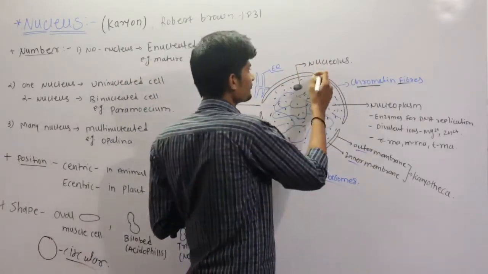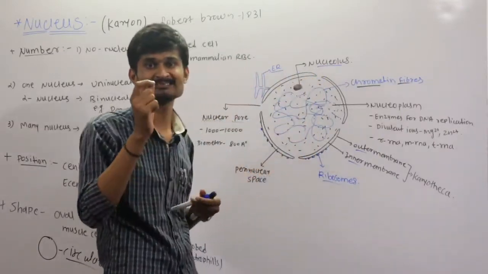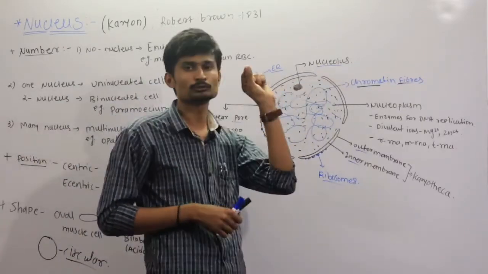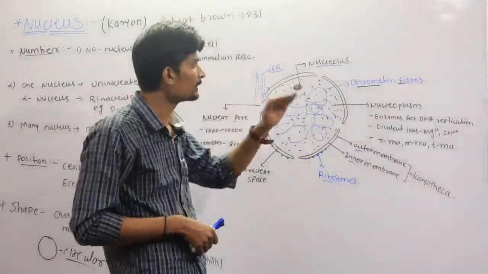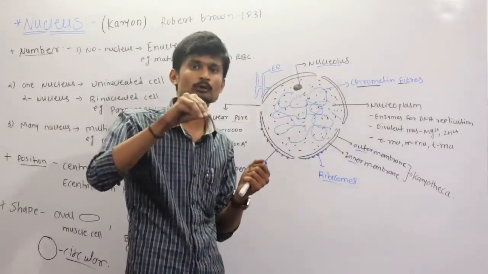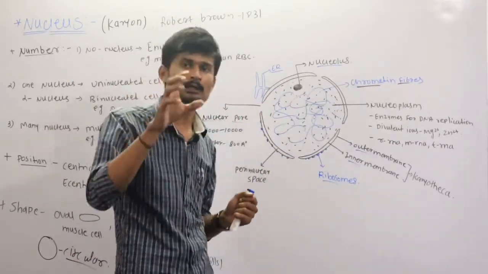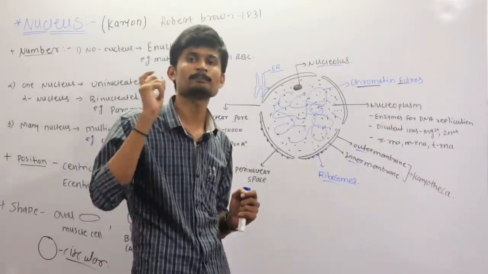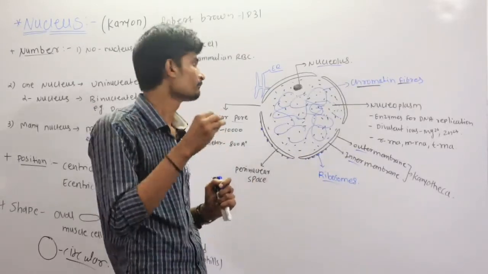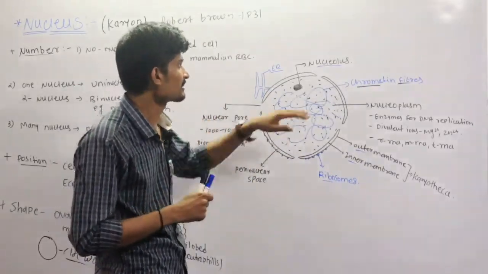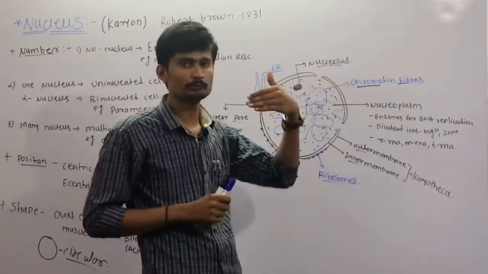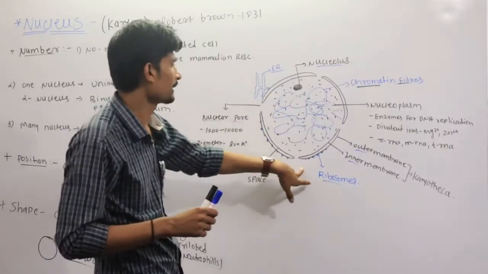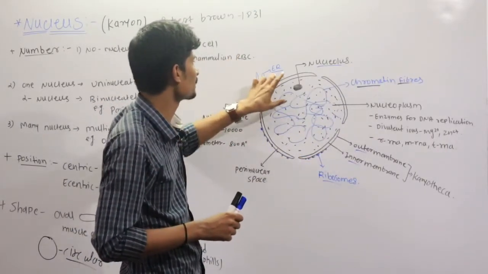This nucleolus is the dark stain body. It is a dark dense body which is observed inside the nucleoplasm, which is called the nucleolus. Sorry, not nucleus, nucleolus. So inside the nucleus is the nucleolus. In the next lecture we will see exactly the function and structure of the nucleolus. And to the outer membrane of the nucleus there is attached the endoplasmic reticulum.